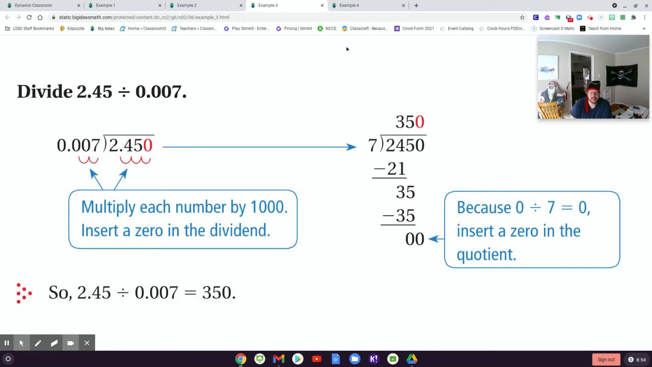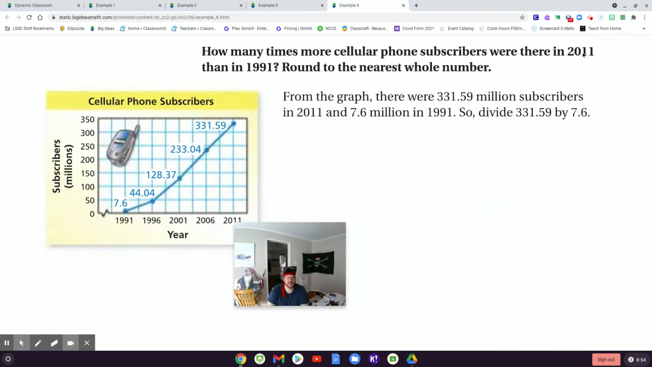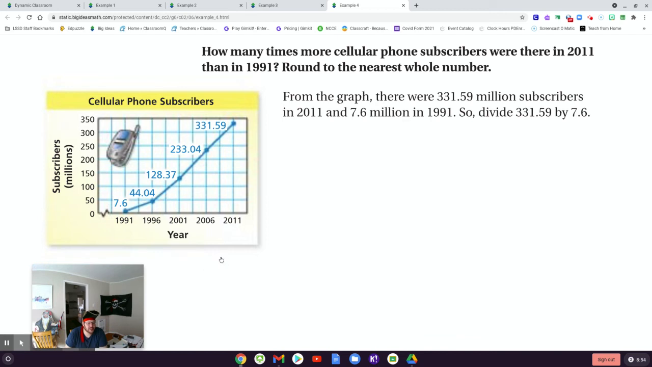All right, and our last example. Okay, so here we have cell phone usage. Way back in the day, nobody had cell phones. So in 1991, there were 7.6 million cell phone subscribers. In 2011, there were 331.59 million cell phone subscribers. And the question is, how many times more were there in 2011 than there were in 1991? So that means you're going to have to divide